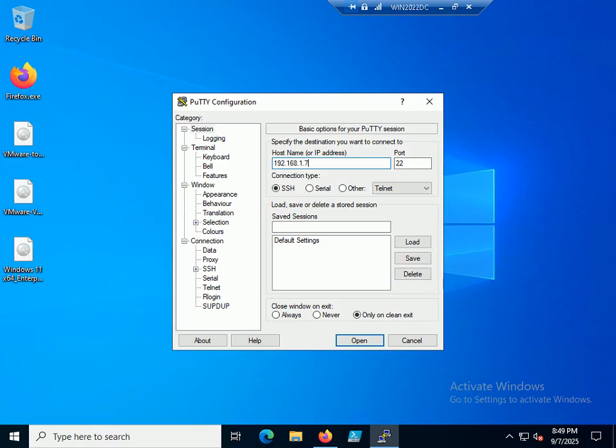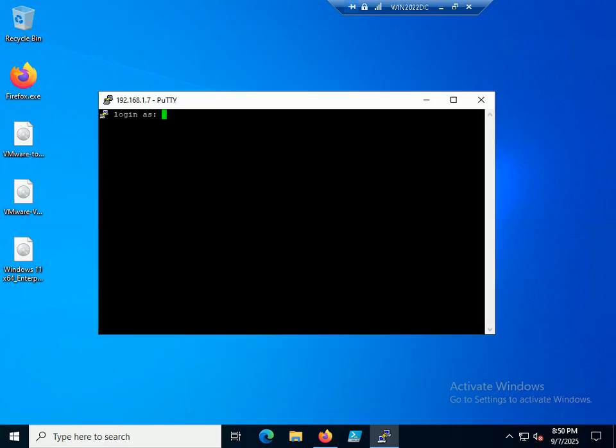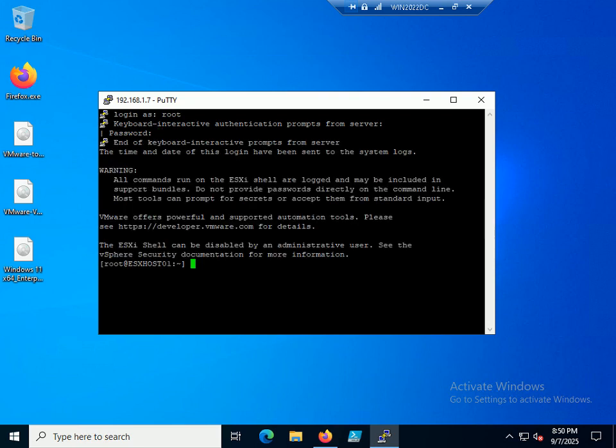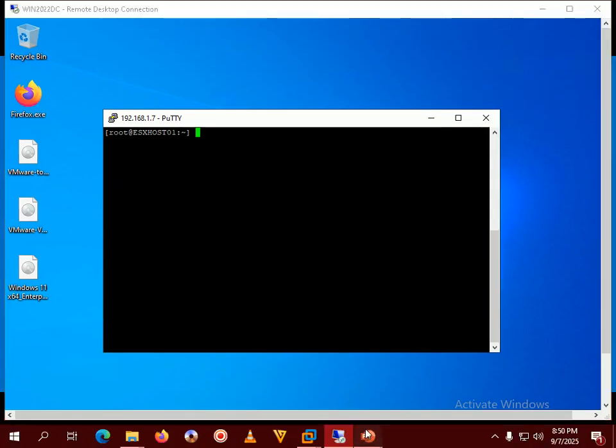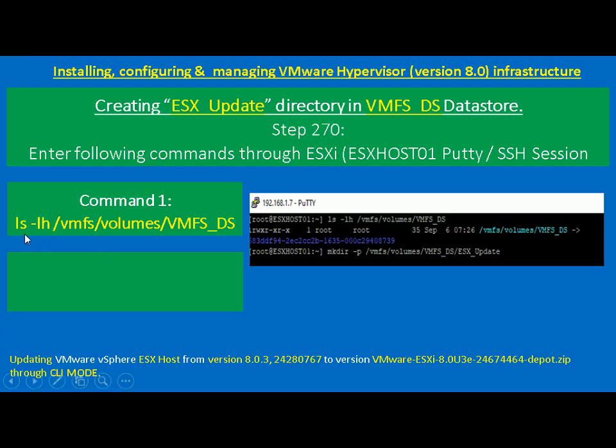I'm doing a putty SSH session through ESX host 01. So again I'm logging in with the root command. Okay, clearing the screen,